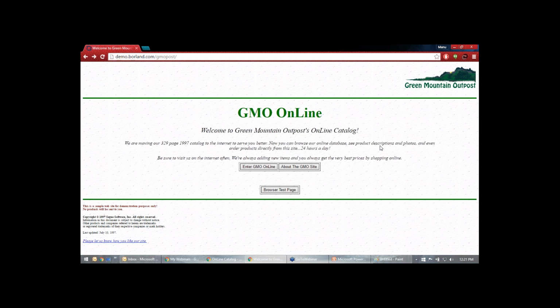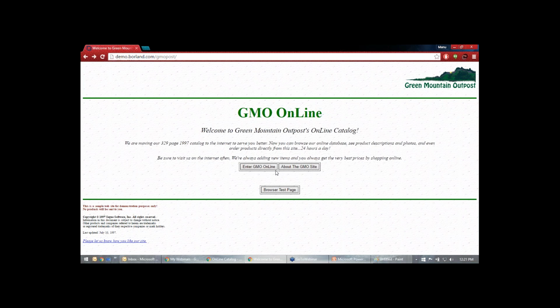What are its properties? Let's take this button, Enter GMO Online. That button has its own properties and its own values. Let's say height and length. That's two properties.